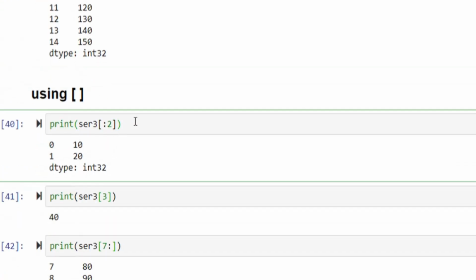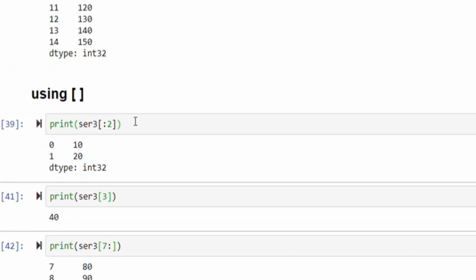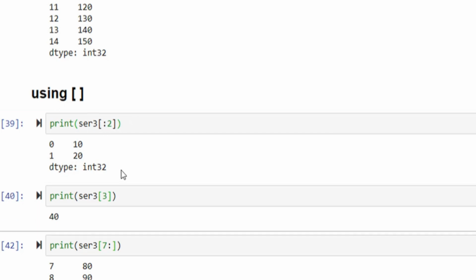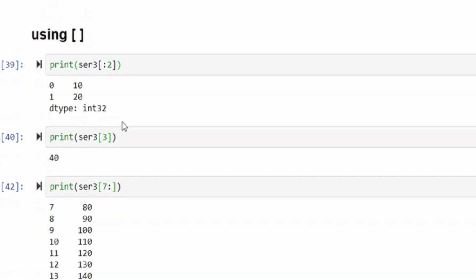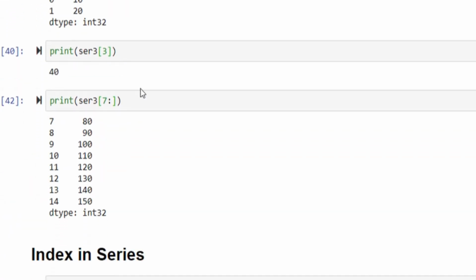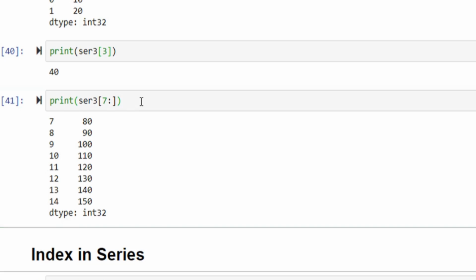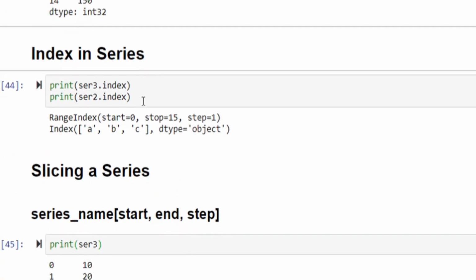Now using square brackets, if I print the first 2 elements, it will return me 0 and 1, not the second. If I ask for the third element, it will return me the third element. What is the third element? This is the element at index number 3, the value at index number 3. If I ask for from 7 to end, it will return me from 7 to end.